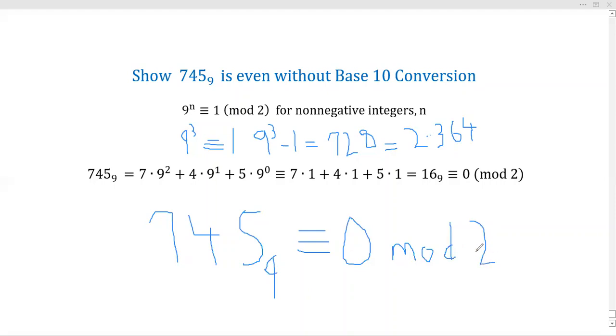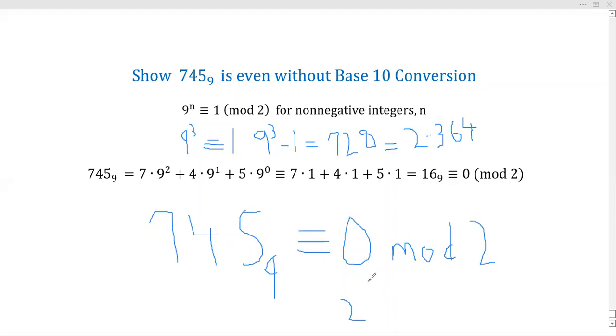And what that means is 2 divides 745 base 9 minus 0. So even though this is an odd digit string in base 10, 745, this implies that 745 is an even number. 2 divides this number. In other words, if you prefer the notation, this also means 2